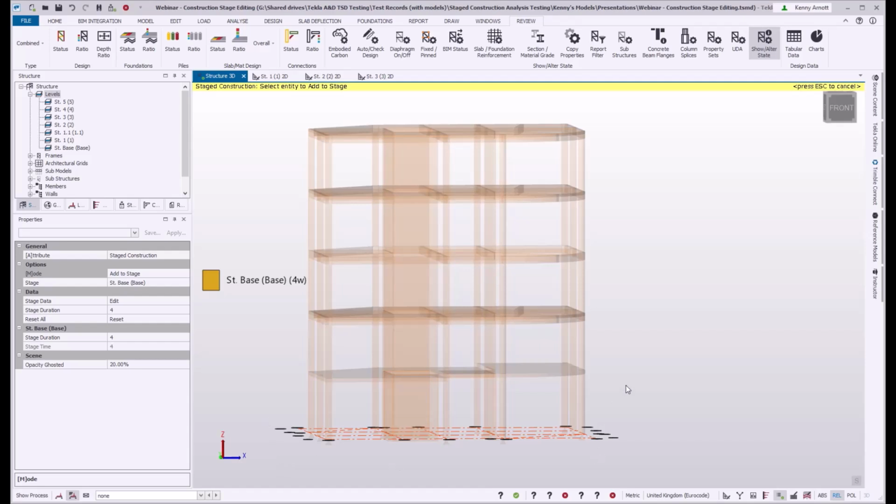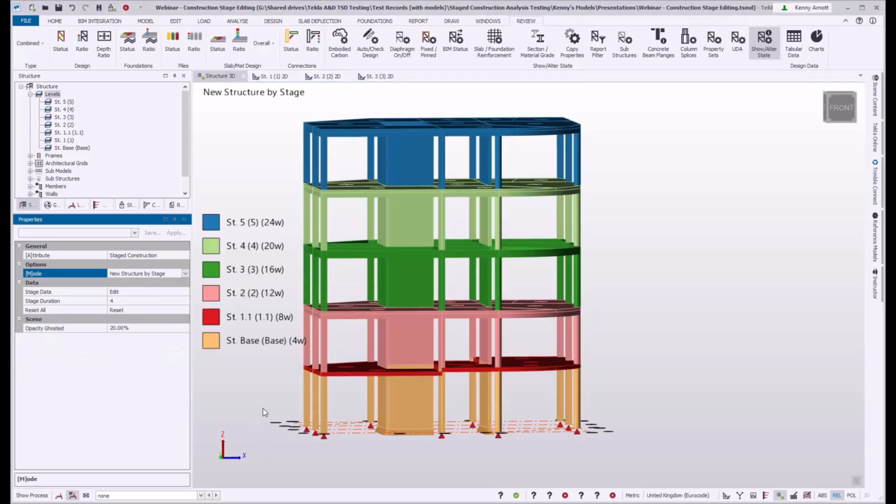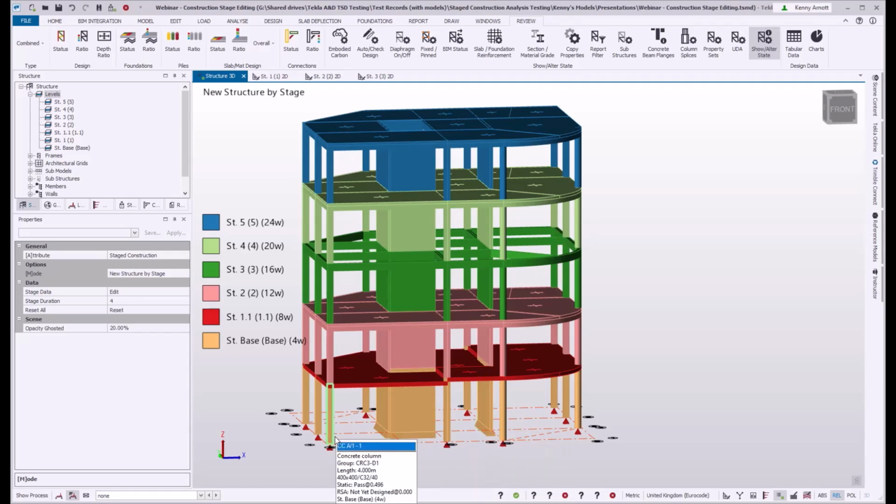So I can draw a line through all of that and introduce all of those columns to that bottom stage. If I go back to my review view, you can see now that you've got some columns and walls being built and then the slabs being added.